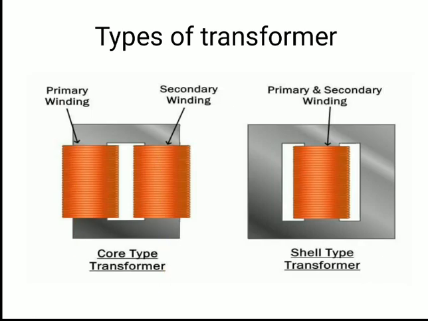This is one more type, the shell type. Why is it known as shell type? Because this winding is covered by this shell, which acts like a shell. On that single core there is a primary and also a secondary, so we don't go to the opposite side on the same core; we wind the primary and the secondary together. That is a shell type transformer. Basically we are using the core type transformer, so in all of this chapter we will use the core type transformer.